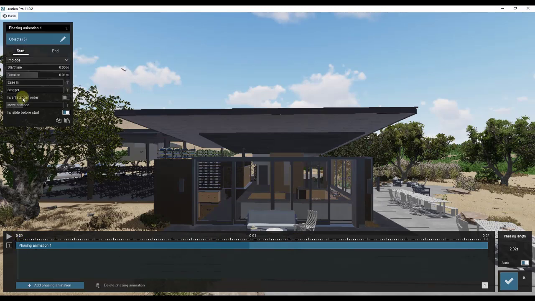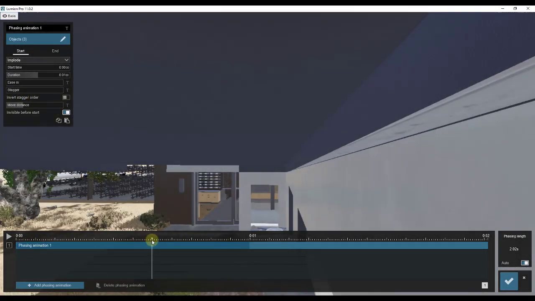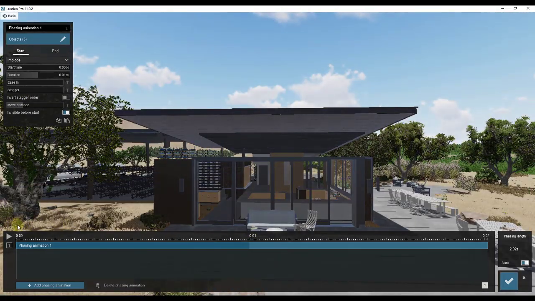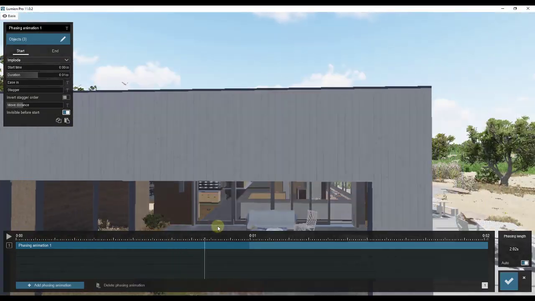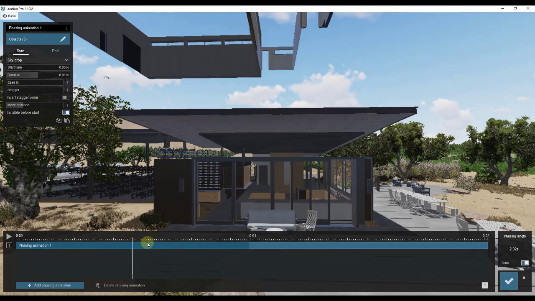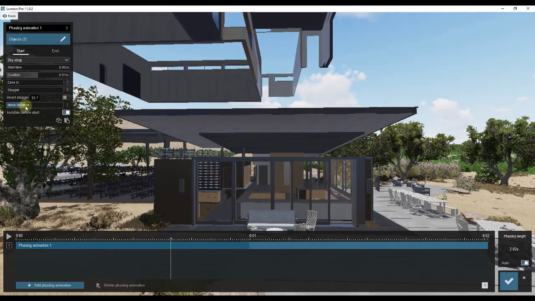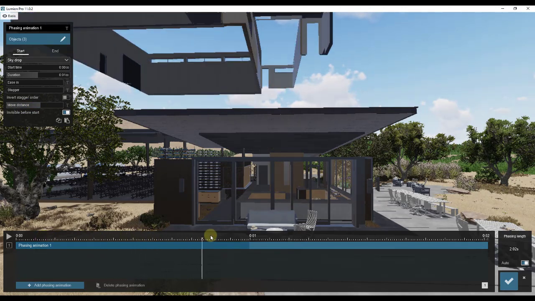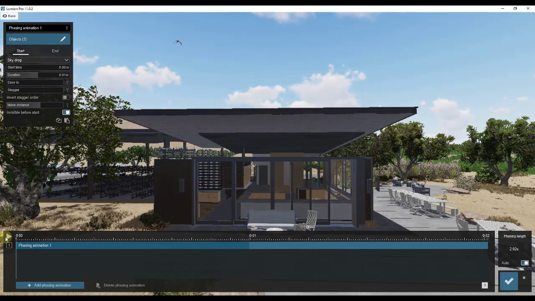Or you can set this with the implode feature, which is kind of an odd one, but it just has everything come from way out like it had been exploded, and then it brings these together and puts them in place. So you can really set any of these that you want. I kind of like the sky drop effect myself. And there are some options you can set in here, like the move distance. That's going to set how far out this moves in from. So you can adjust the way that looks a little bit with this slider right here.